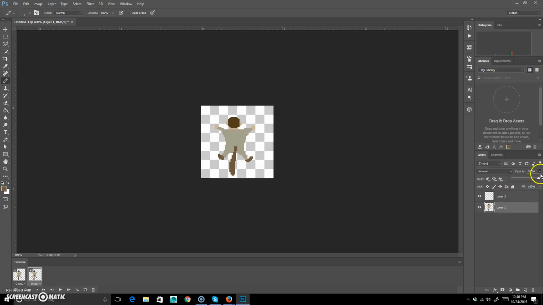I'm going to select the one underneath, and I'm going to take the opacity and bring it down lower so I can see it, but I can draw over top of it. And more or less, I'm just going to draw the same thing. Okay, so